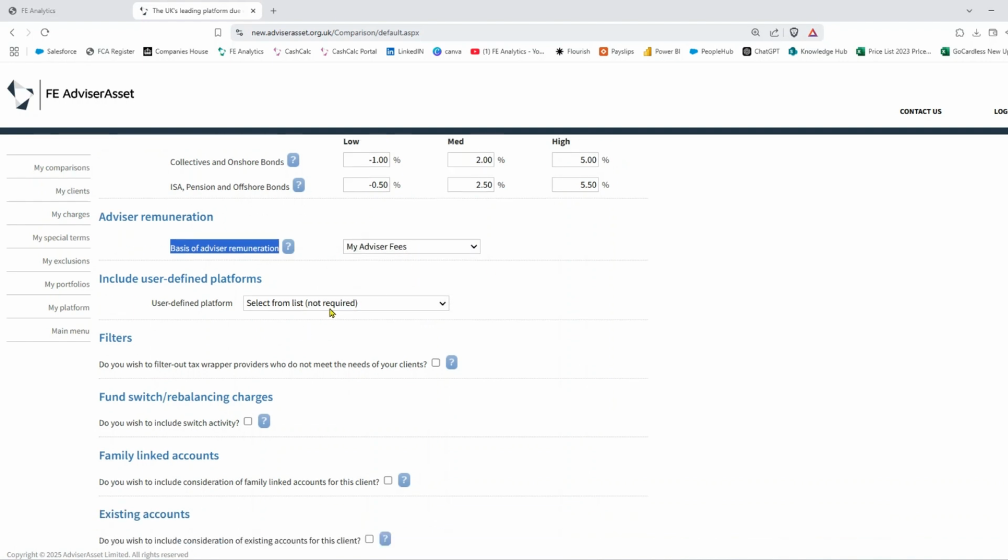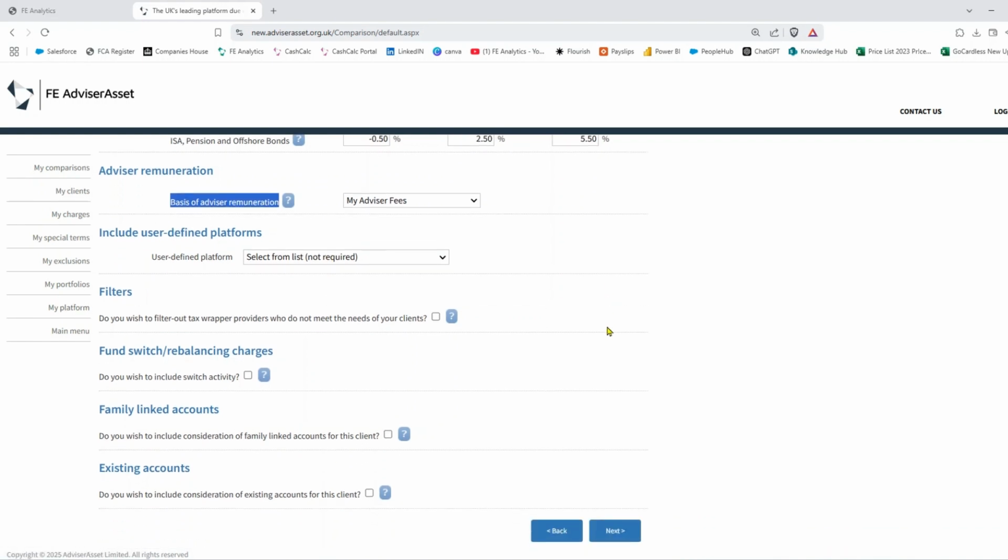You can, again, if you wanted to include any of your bespoke platforms that you've created into here, add them in there. I can also filter. So before I get my long list of platforms and how much they charge for this particular product, I can filter that out and actually specify that the platforms have to offer me X, Y, and Z before they come through in the analysis. If you're going to be doing any switch work or rebalances with this particular portfolio and you want to add the charge into the analysis, you can add that in here, and family linked accounts and existing accounts can also be included by ticking these boxes. If not,